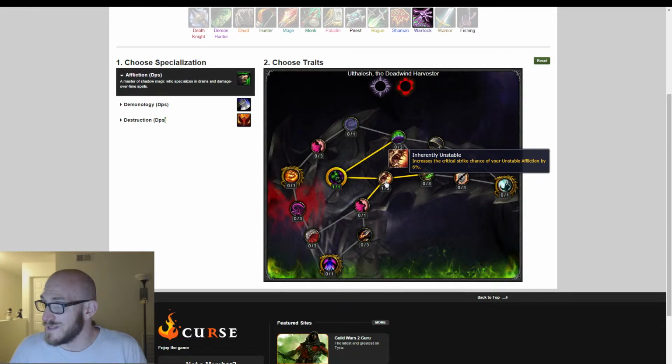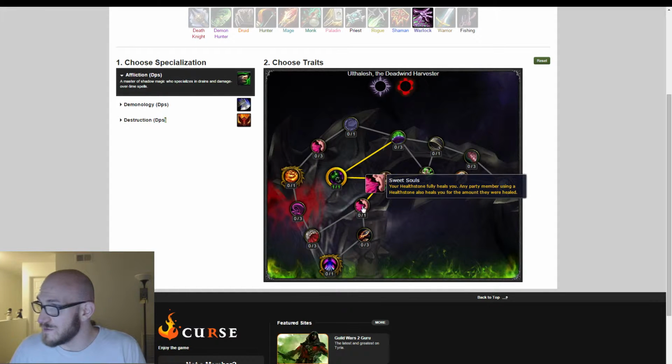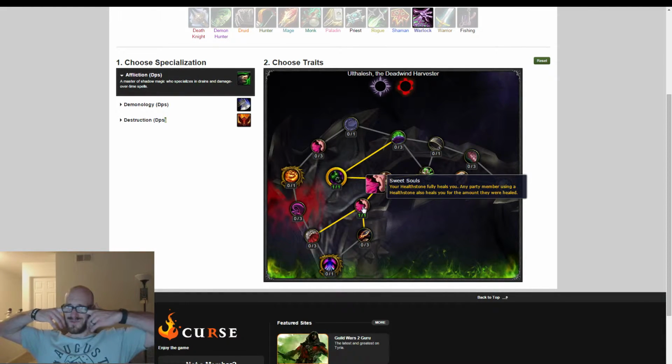Next talent we're going to go with is Inherently Unstable. Increases the critical strike chance of your Unstable Affliction by 6%, and that's going to go all the way up to 10%. Sweet Souls: your Healthstone fully heals you, and any party member using a Healthstone also heals you for... oh, dang. That's crazy. So Healthstones now 100% heal you as a Warlock,